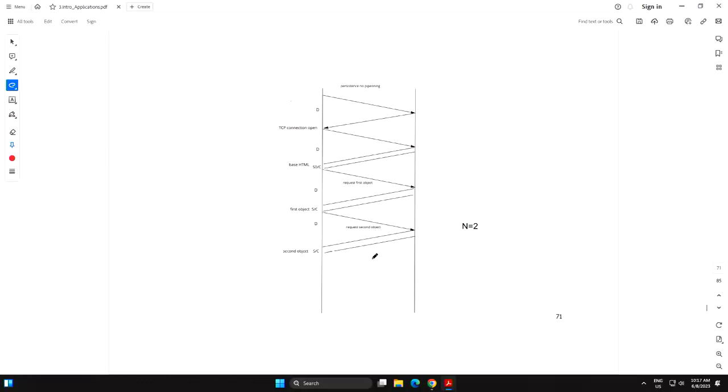Again, I've given you a very small case so you can trace it, and you can see you need the TCP connection open. I mean, you have to open a TCP connection, but this is persistent, so we are not going to see any more TCP connection related RTT. So the next one is for the base file, right? And this is the time for the base, and then you download one object. So one RTT for one object and one RTT for the second object, right? And then you have the object transmission time here. So you see there is no more TCP here. So this is a much simpler one.